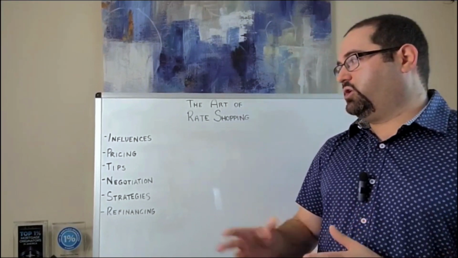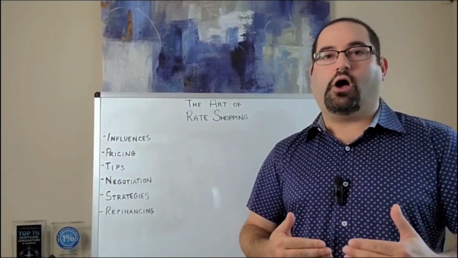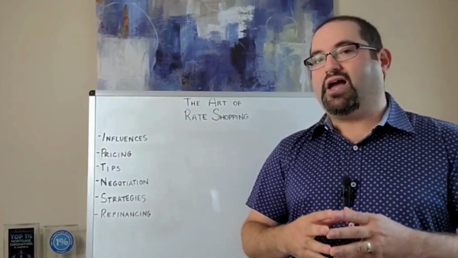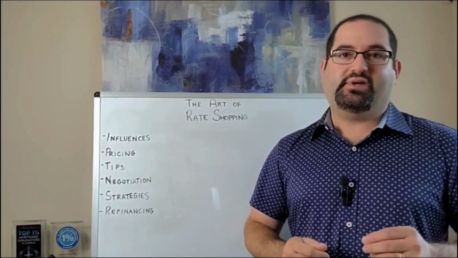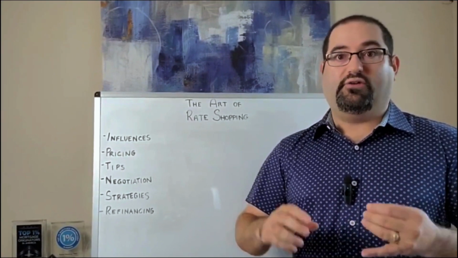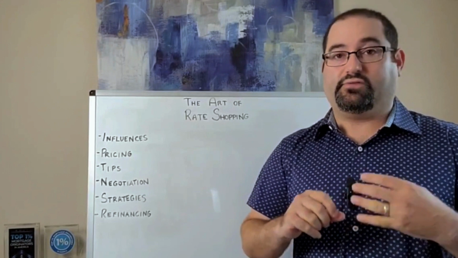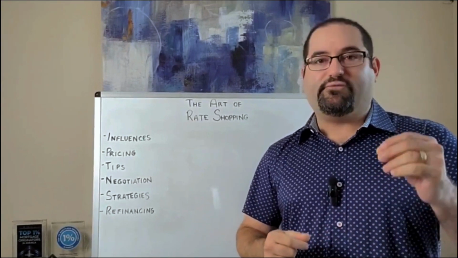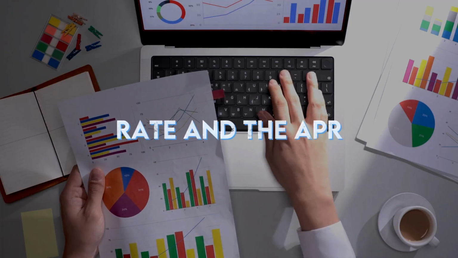And the last thing I want to touch on when it comes to tips for getting the best rate is comparing loan estimates. Anyone can talk a good game on the phone or by email, but you actually need to get it in writing. The loan estimate is the document that's going to show you if your rate is locked and what the exact rate that they're proposing to you is going to be, along with the fees associated with that rate. So when you're comparing loan estimates, of course, you're going to look at the rate and the APR,